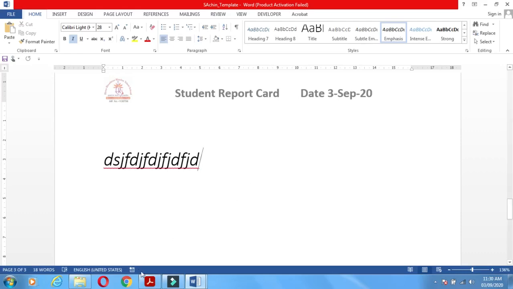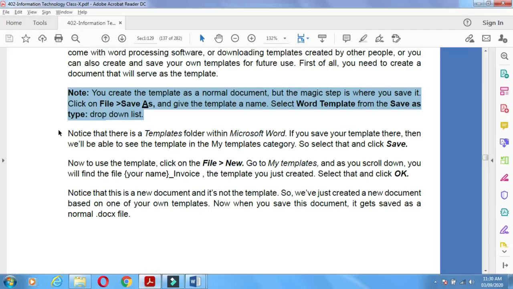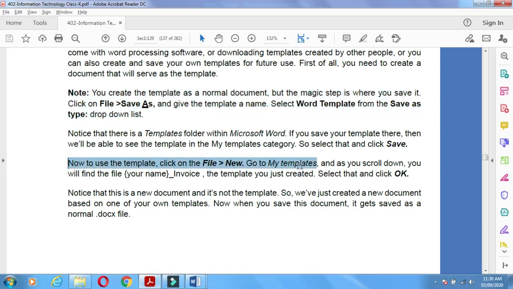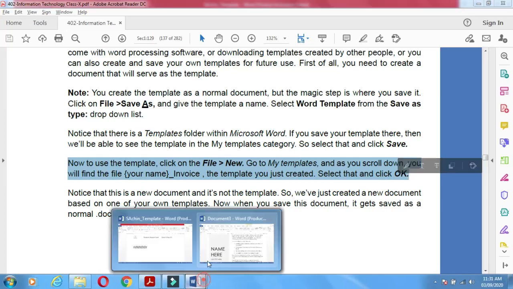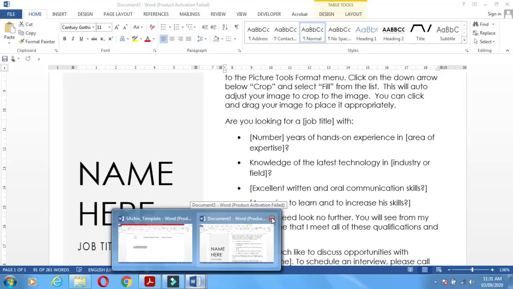Okay. Now the next is, click on file, new, go to template, and as you scroll down, you will find your invoice name and the template you just created. Select that and click OK. If you want to use that template,